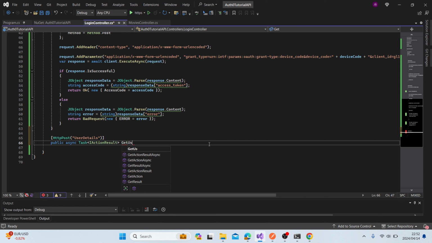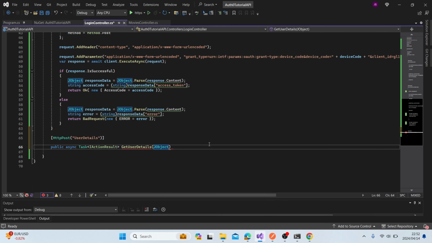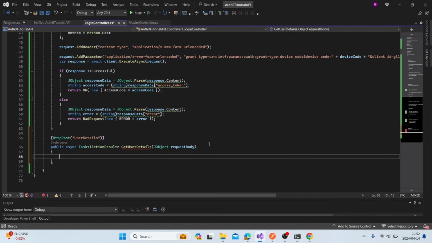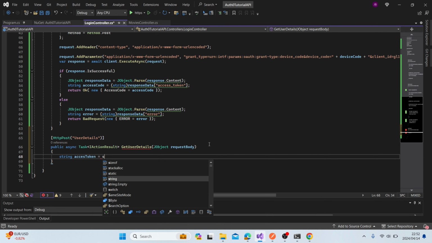We can call it GetUserDetails. And this one would also accept the JObject with a request body. The request body will only consist of the access token. So let's do that. And then we can do string accessToken is equal to